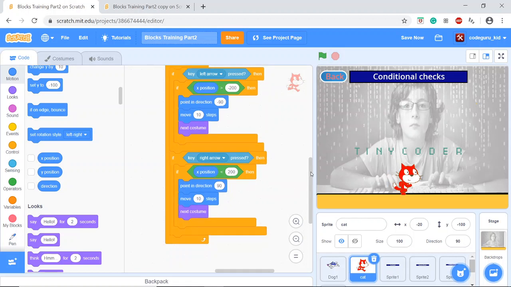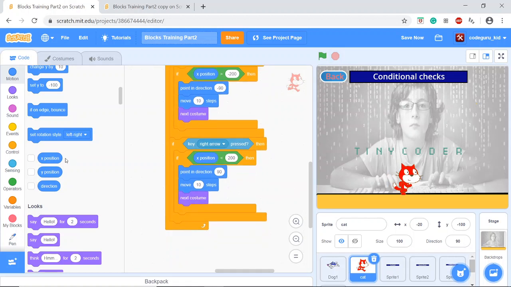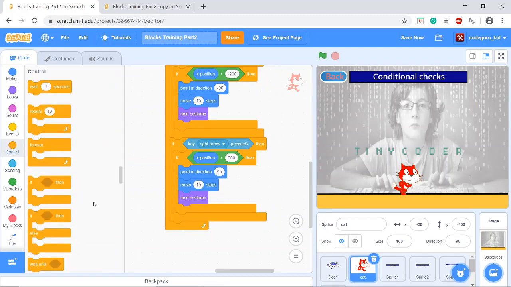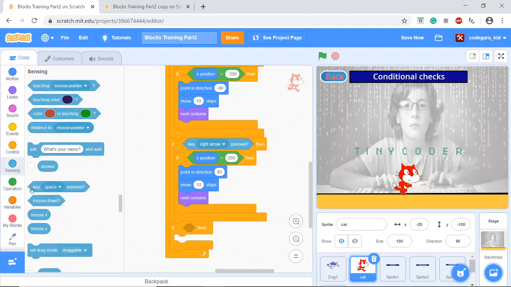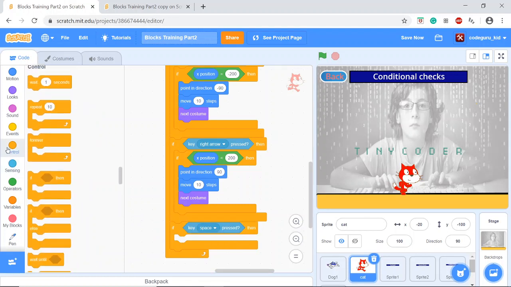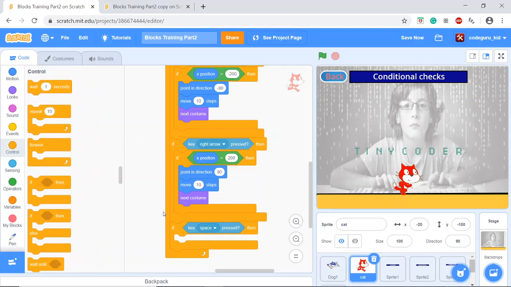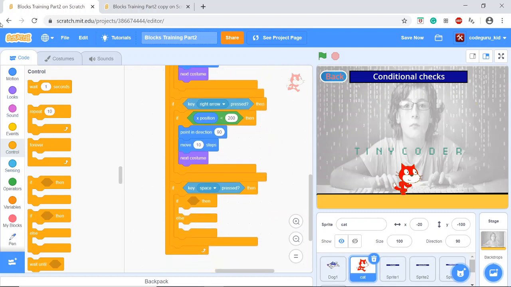Now we have to go and do our space for the jumping. So I'll have an if condition over here, and I will check if the key space is pressed. And then I have to go and take in an if else. And I will keep it in here saying that if the